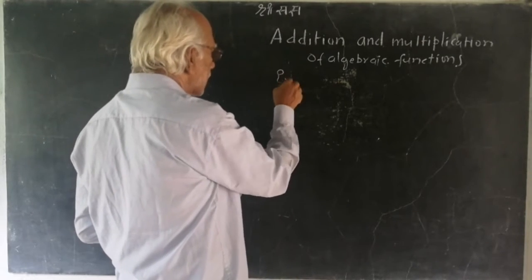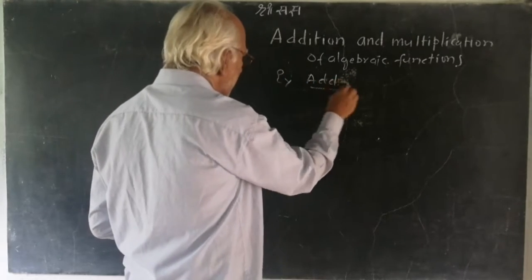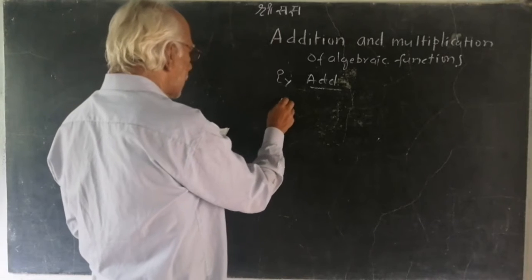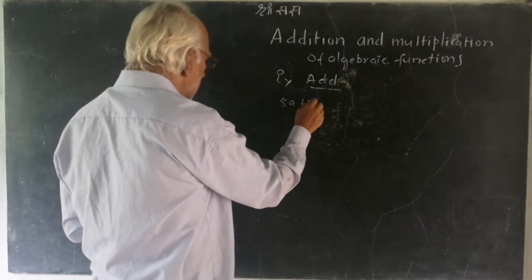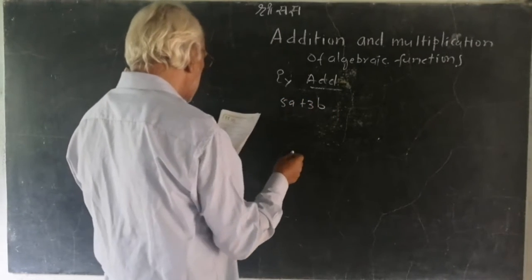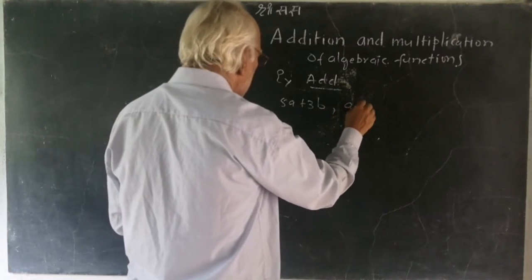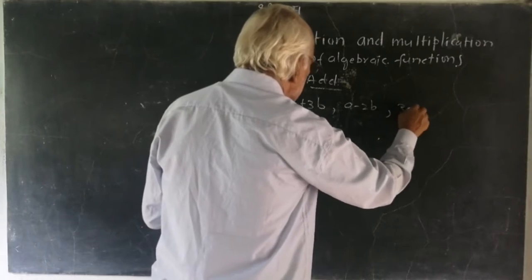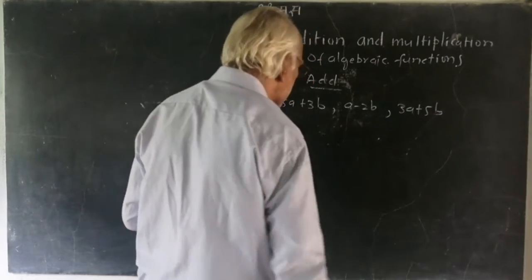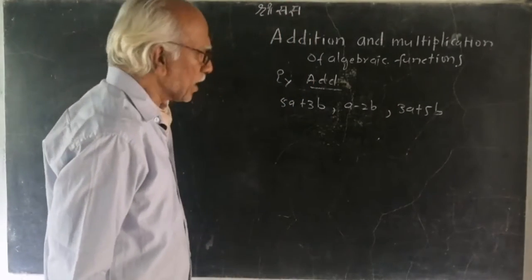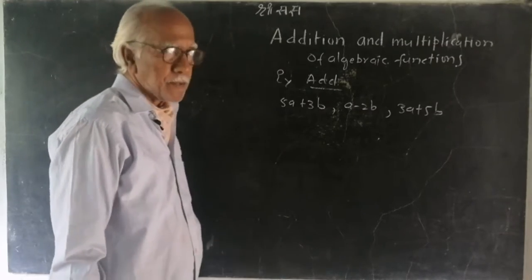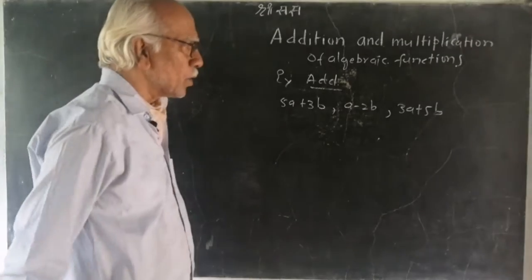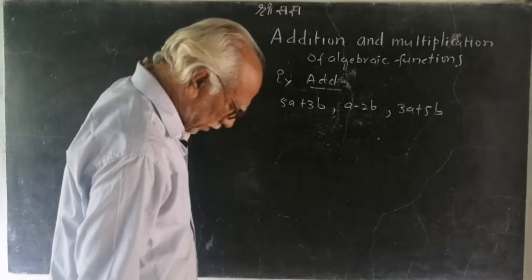So, for example, add 5a plus 3b, a minus 2b and 3a plus 5b. So here we will be adding these three functions. We can directly add also, but it being the preliminary convention,